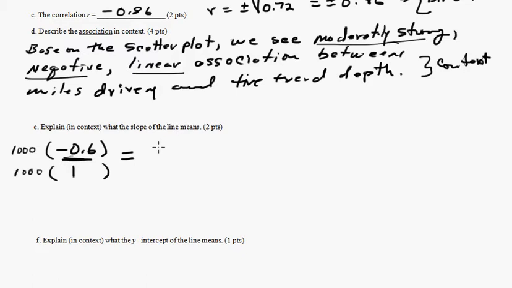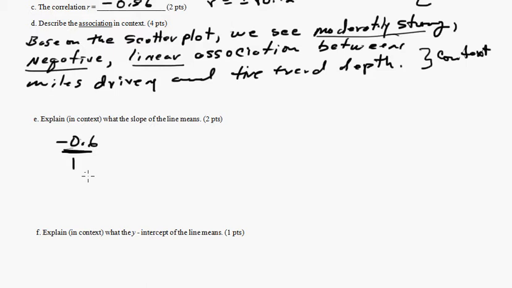A more useful thing to do is multiply it by 1,000, because that's really what the 1 means. And what do we get? Oh, you don't multiply this by 1,000. My bad. I'm thinking of something else. Here's what we do. The 1 represents 1,000 miles. So we need to put 1,000 right there. Okay? So then you could say for every 1,000 miles driven,